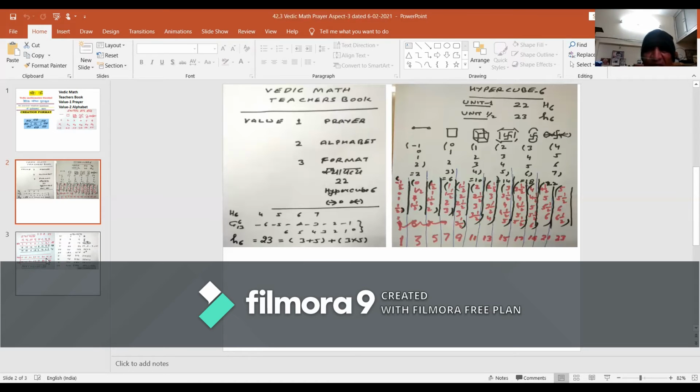The first generic series of hypercubes of unit 1 leads to values 2, 6, 10, 14, 18. However, the second generic series of hypercubes emerge to be of values 1, 3, 5, 7, 9, 11, 13, 15, 17, 19, 21, and